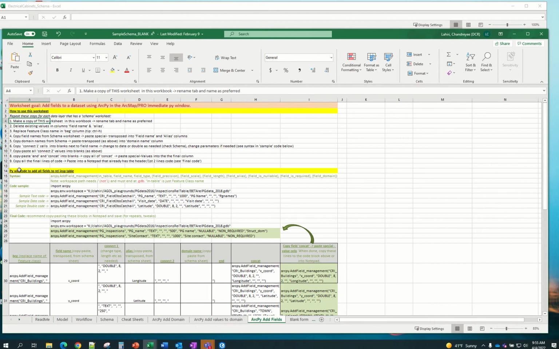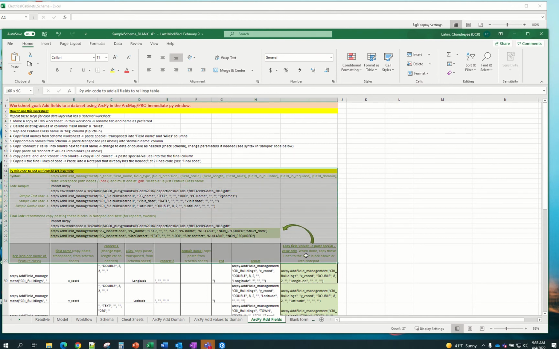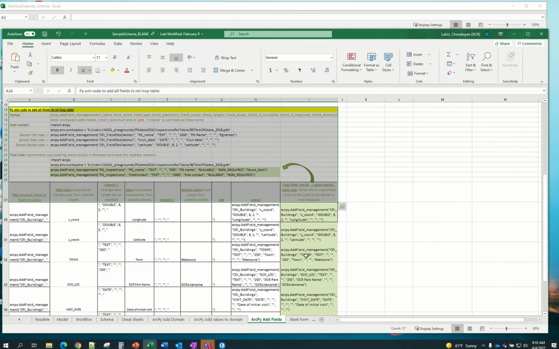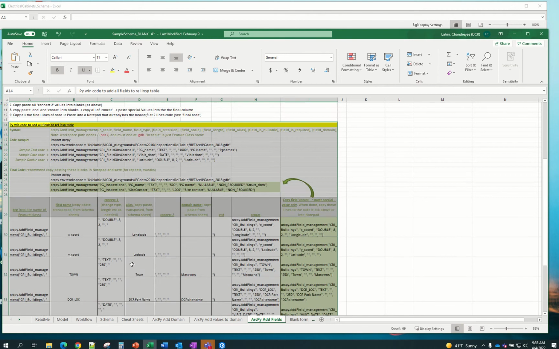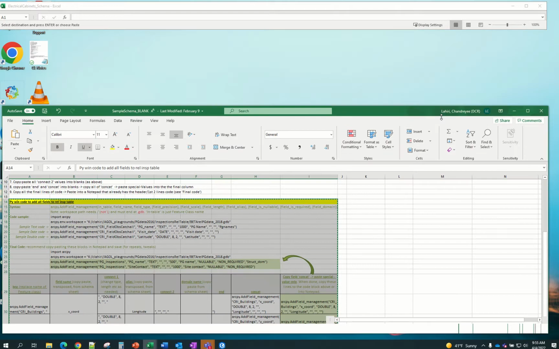I'm not going to do the instructions. I'm going to go from here, and I'm going to go all the way down. I highly recommend that you copy the first 5 lines, only because these cover a range of field types that might interest you. Double, you need for X and Y coordinates, text, because we have a lot of text fields typically, and date. That's all there is in this example. So I'm going to do Control C to copy it, minimize this,